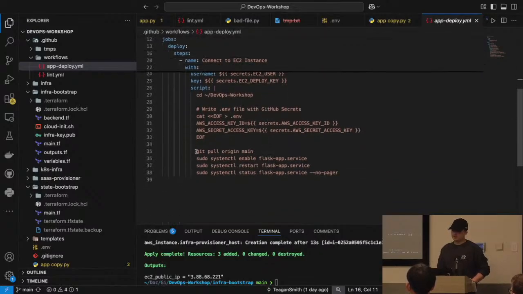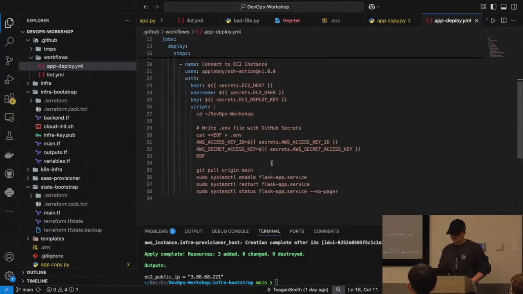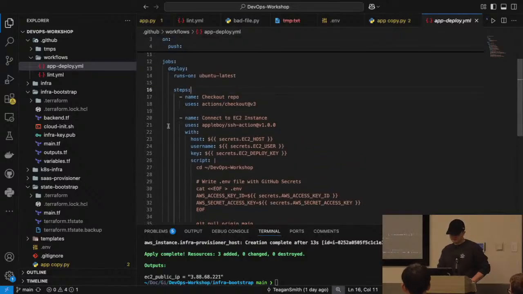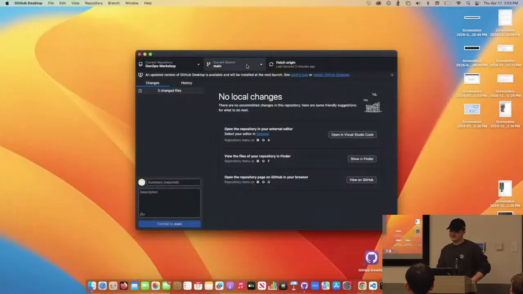And it's able to go in here, git pull that origin or whatever code we just updated, and then restart our application. And so the way this looks in practice is essentially just by merging my code into main here, in about 3 or 4 seconds, our code is now fully up and running on our actual service. And this is sort of how you'll see,